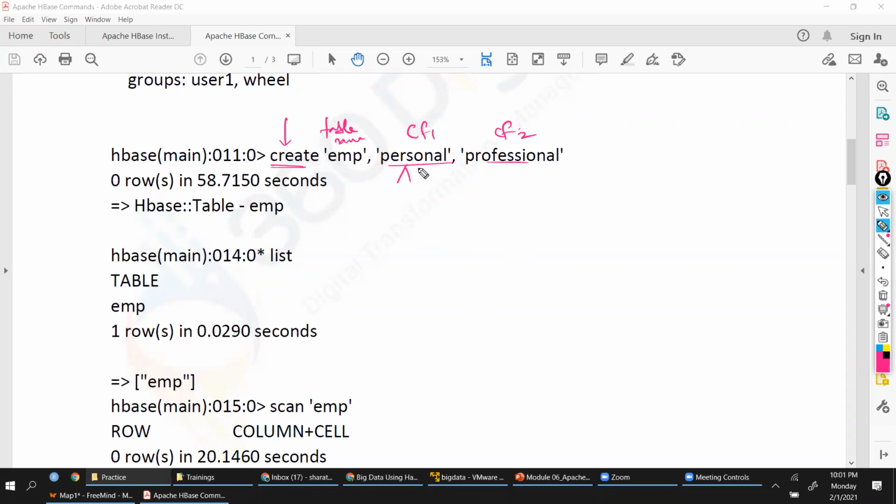Within these column families, you can have multiple columns. So the syntax is create table name, column families. And for every keyword that you are using, you have to put the quotations, and just use commas. This is how the syntax is.